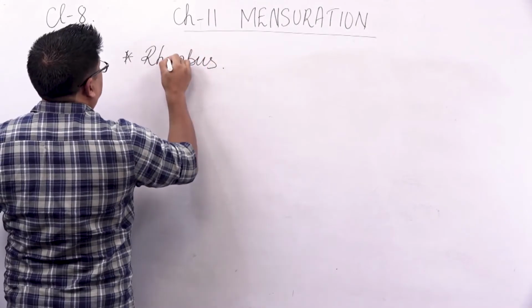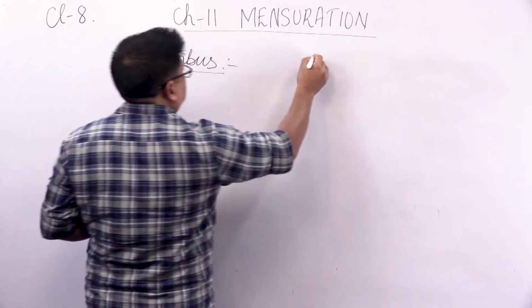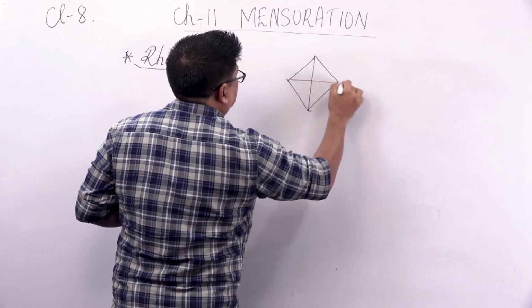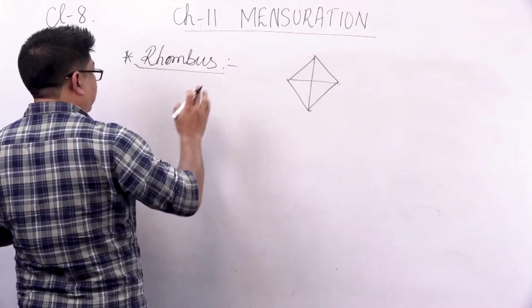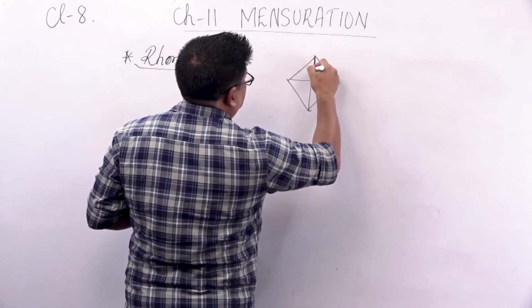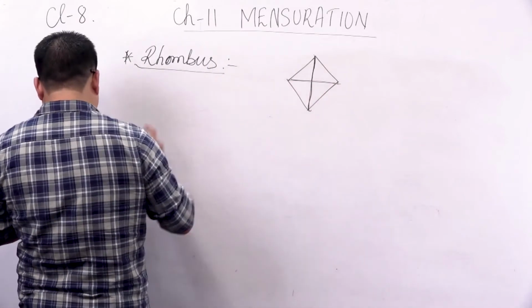Rhombus. So rhombus looks something like this. All the sides are equal, similar to a square, and their diagonals, these are the diagonals, their diagonals are perpendicular to each other. Okay, so